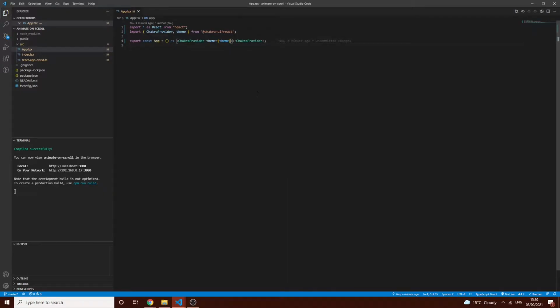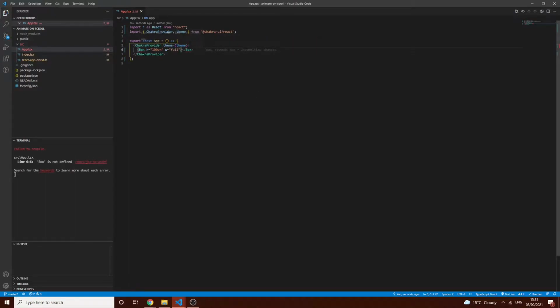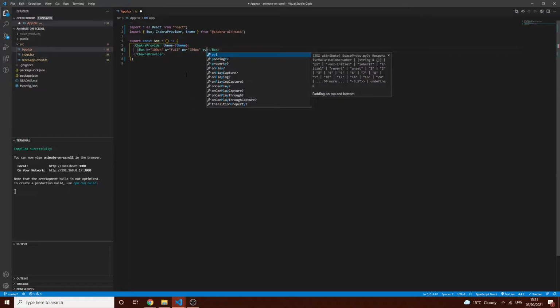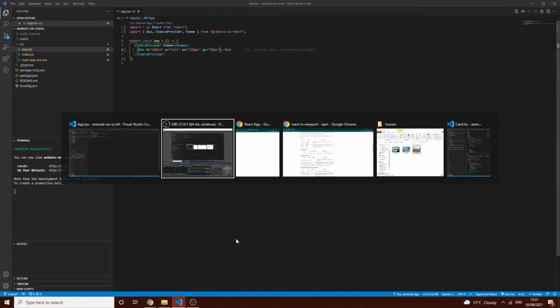I'm going to start by creating this section which will hold our property cards. So we will need a box which is going to have the height of our viewport, which will be 100 VH, and the maximum width. So width would be full. Then we'll need to import that. I'll also give it a padding on the left and right of, let's go with 250 pixels, and a padding on top and bottom of, let's say, 60 pixels. Okay, let's see what it looks like in our